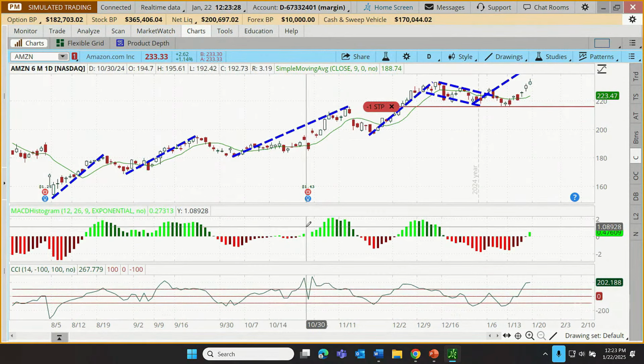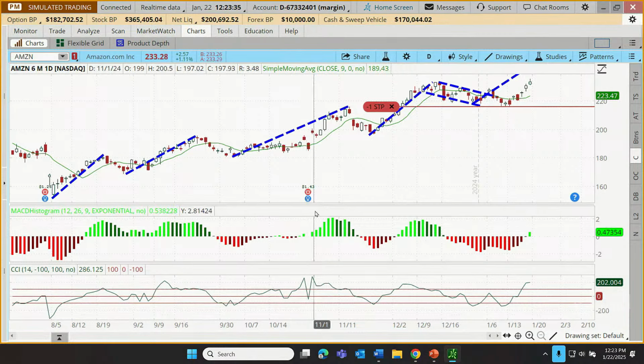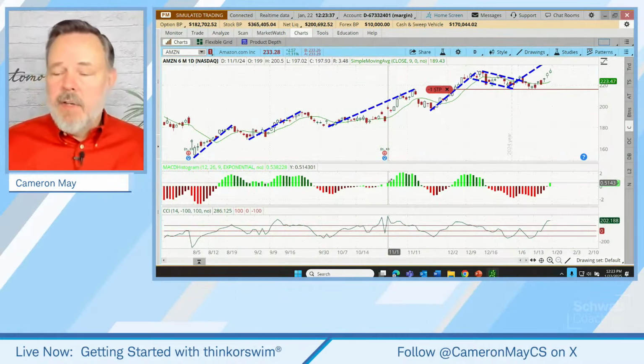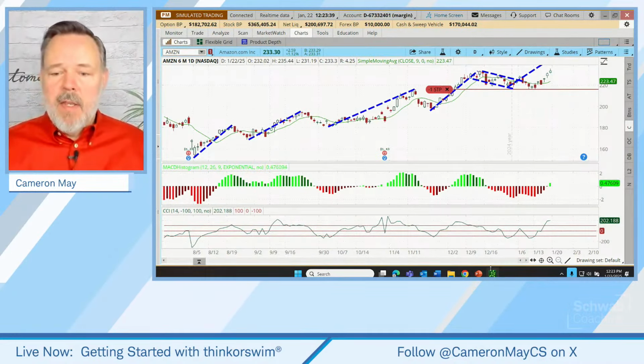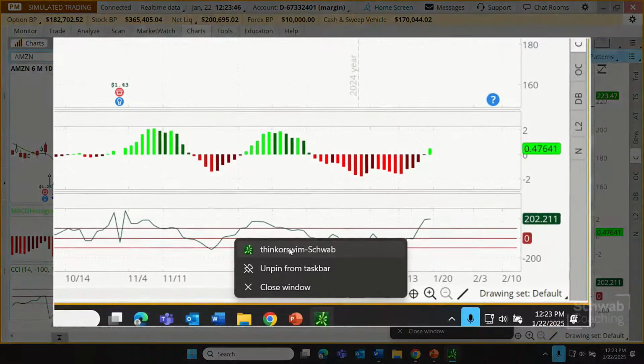Let's see. Ilinchayan, sorry for the pronunciation of that name. Is there a way to toggle between simulated trading versus real account without logging out? Yes, it's a good question. Why not? Here's bonus number 11. Right click and open Thinkorswim there. That'll ask you to log in again. Just use your real login if you're in Paper Money, for example.